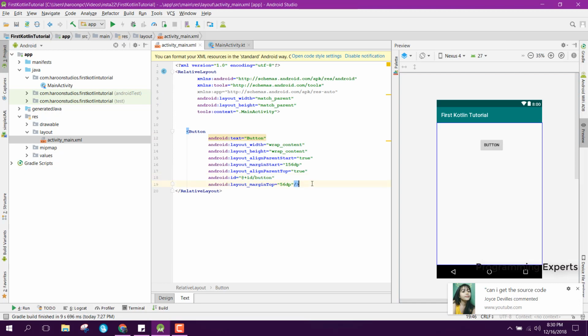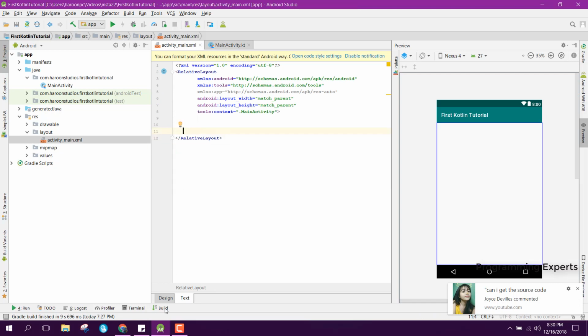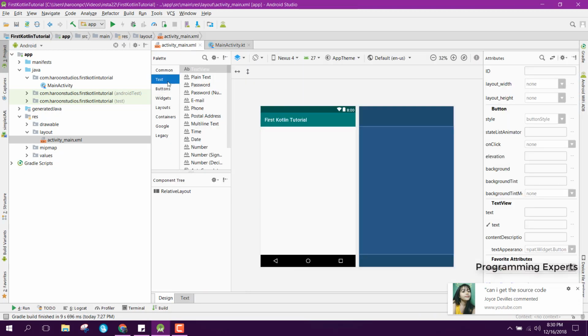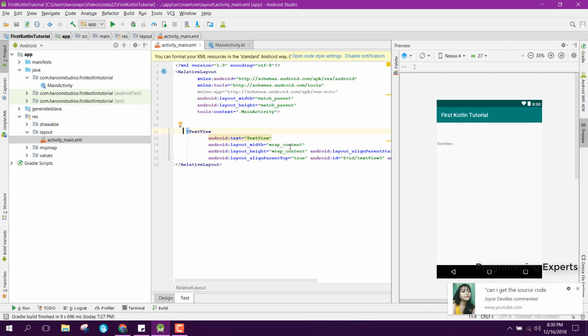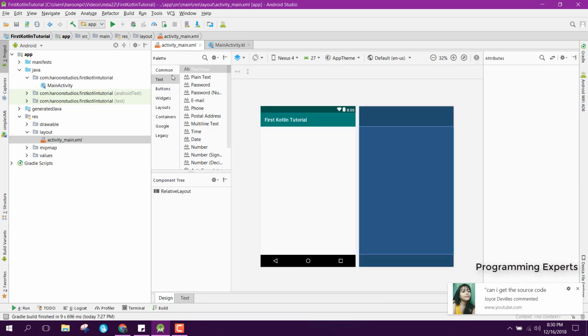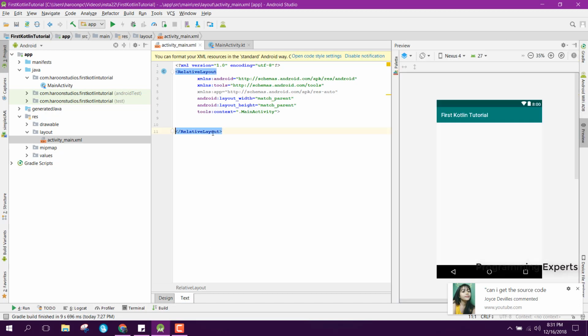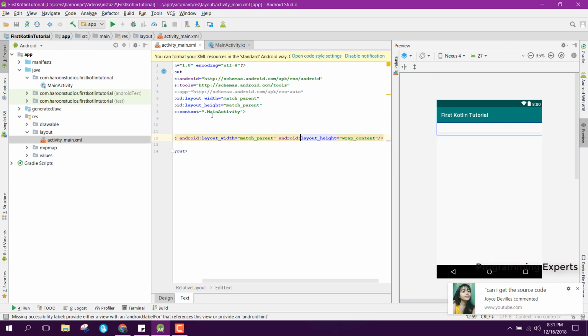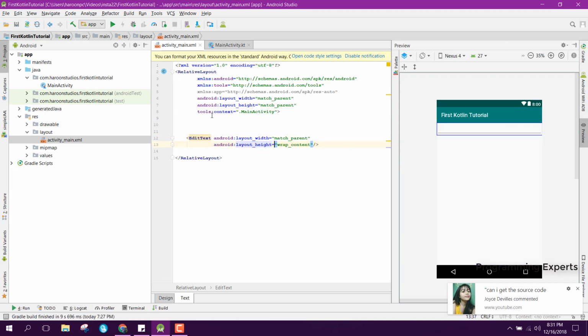So here let me remove that, and let's add the text view here. Okay, so here let me remove that also. Let's have an edit text. Okay, so here we can initialize the edit text. Then we have the match parent and wrap content. Then we set the